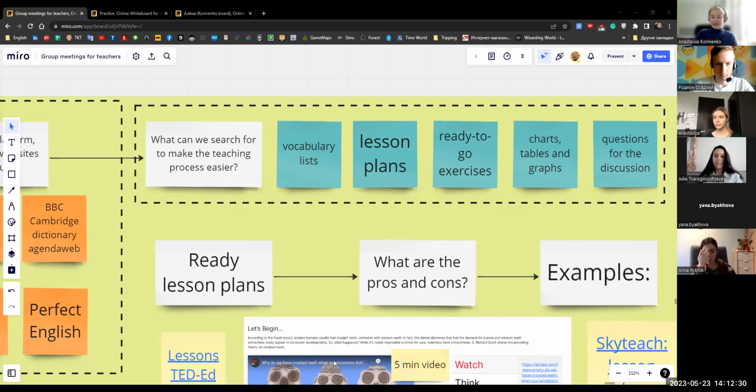So in this case, another con that we can name here is that some of these ready-to-go lesson plans or worksheets are free, but some of them you have to pay for, like it requires a subscription or something else. Unfortunately, the best ones, let's say, are usually not free. So you have to pay for them. But even so, if you have the subscription, it will save you a lot of time. I'm not saying that you have to do it, but generally, yes, I have a subscription to a few platforms like this,